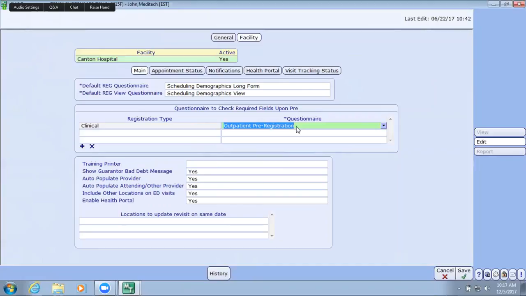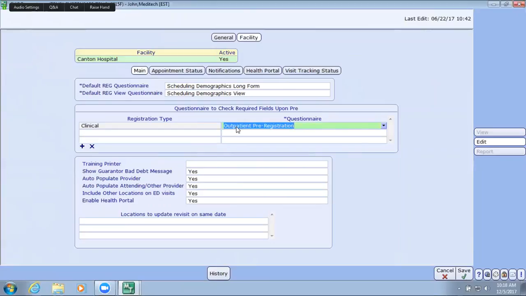So if you recall yesterday, I had talked about within the appointment type dictionary, the appointment group dictionary, that there's the ability to auto-pre when you're booking a specific appointment type. And there were three components to that functionality. One is the appointment type needs to be set up to do so. Two was that you as a user have to have access to do so. And three was that the questionnaire had to be pulled into your customer-defined parameters to require that check when there are required fields. So as long as your registration type is pulled in here and you've identified the pre-registration questionnaire,